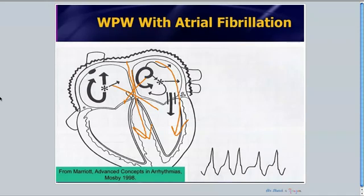Notice what we said last week. The accessory pathway has no AV node. As a result, every beat that goes down the accessory pathway will be conducted. The accessory pathway is like grease lightning. It'll conduct everything it sees. And also what we mentioned last week is that any beats that go down the accessory pathway produce very wide